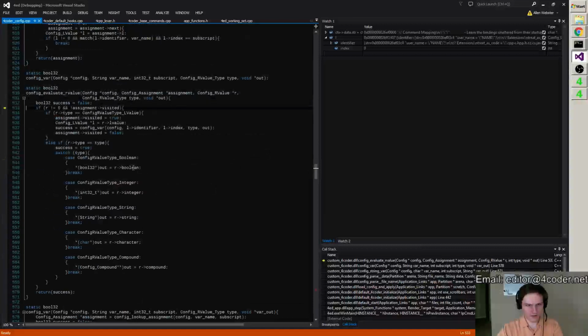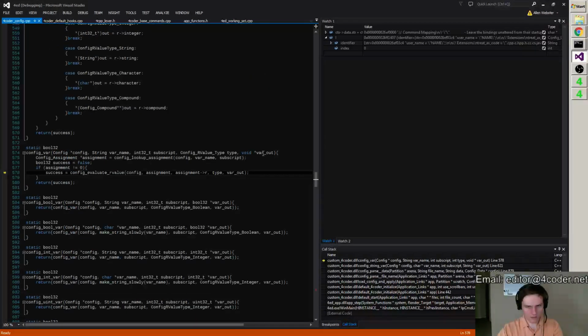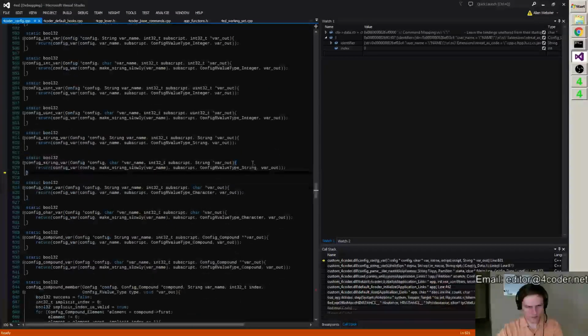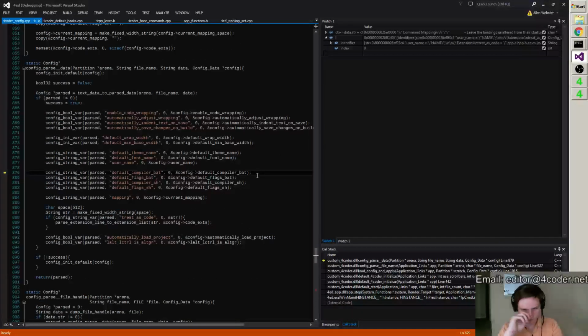Evaluate the R value. What type are we looking for? A 4. Is that a string? Yes. Did we get a string? Yes. So out gets filled like that. And now that gets filled, so that's now a string struct pointed to a thing that called name.